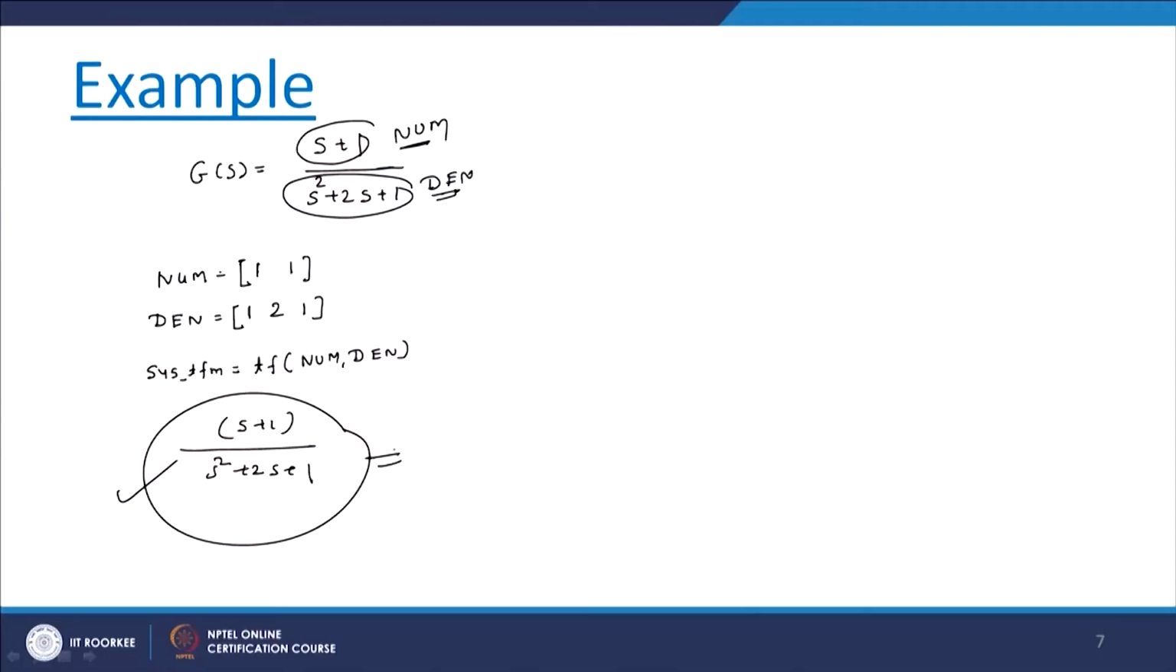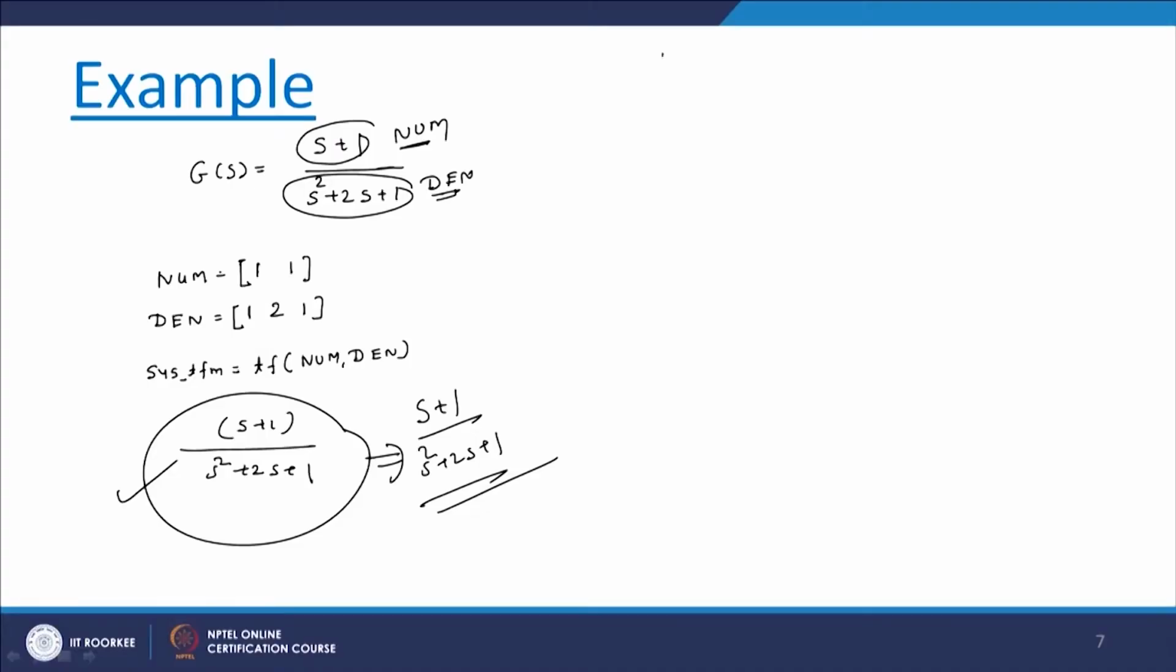Now, we have got a transfer function model. What we want is to convert these transfer functions into a state space model, that is, the transfer function which is got by MATLAB. By MATLAB we get the transfer function model as (s plus 1) divided by (s square plus 2s plus 1). This model we have to convert into a state space form. Now, as we have seen, the command which we can use here